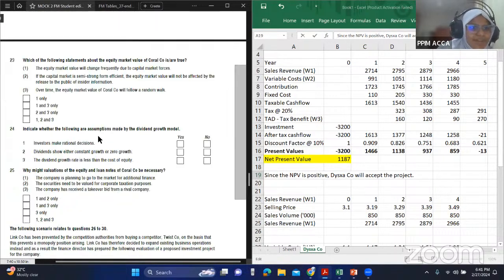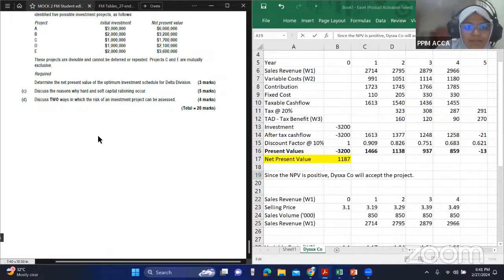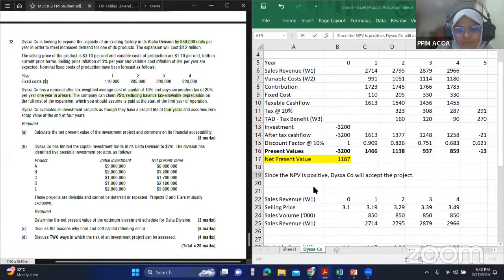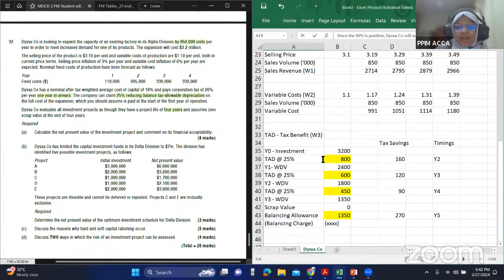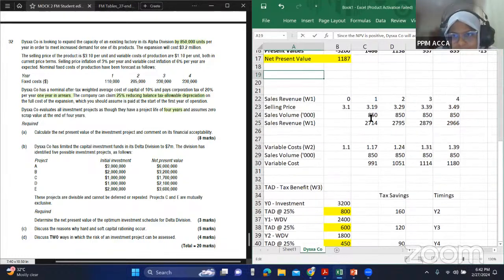So the new point that I wanted to talk about was the tax allowable depreciation and how to do these adjustments. Because in a previous question, we did the same tax allowable depreciation on a straight line basis, but there is a very good chance that they will ask you to do reducing balance basis as well. So I don't want you to be stuck then. That's why I chose this particular question.